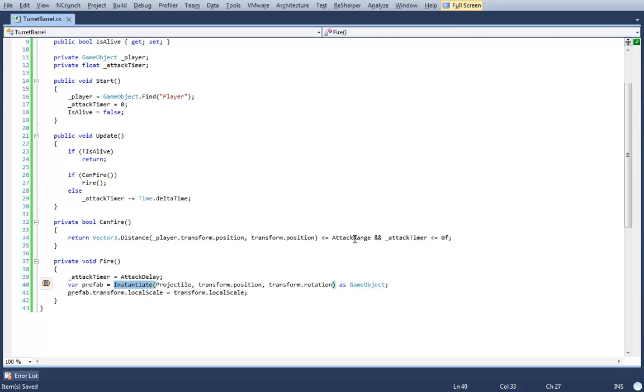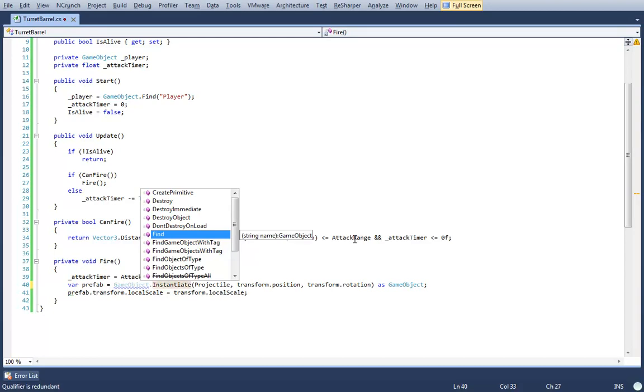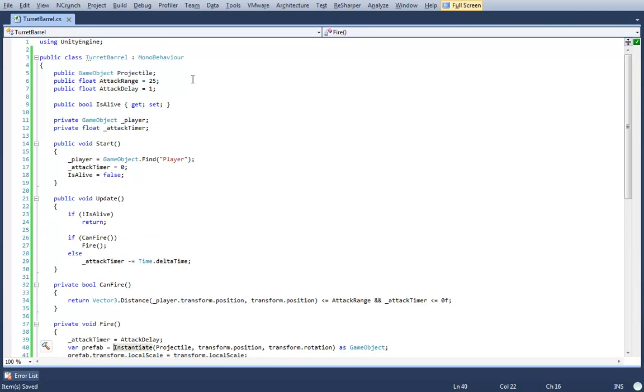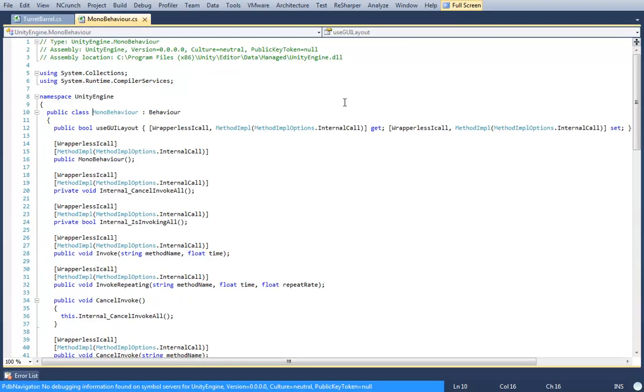Now, you might see, oh, well, that makes sense. But sometimes people get confused. Because if I try to invoke the Instantiate method from outside of a MonoBehaviour, I would have to do Object.Instantiate. But because I'm inside the context of a MonoBehaviour, and because MonoBehaviour inherits from Behaviour, and Behaviour inherits from Component, and Component inherits from...